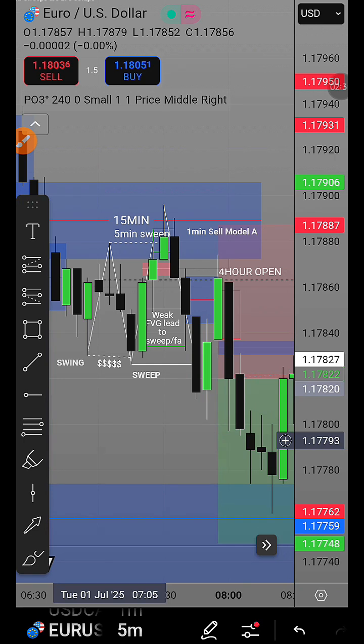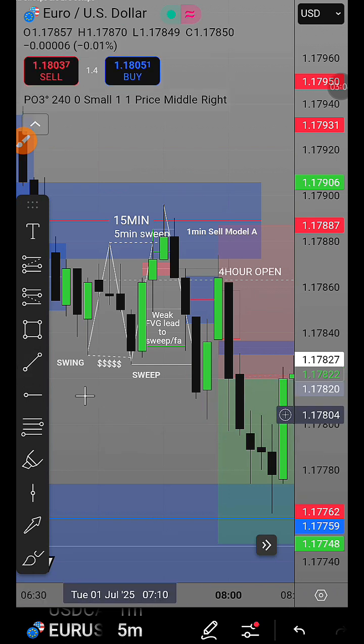So as soon as it swept the lows, I was like, okay, it swept lows. I'm going to be looking for buys, right? So you can see that this is one of my models. This is a buy model B setup, or a bullish model B setup. This is basically when price leaves behind a swing in order to tap into a bearish FEG, and then that bearish FEG fails to displace below the swing, and instead it only sweeps the lows, right? So that's basically the buy model B setup.